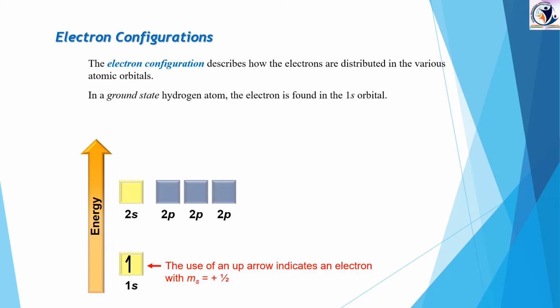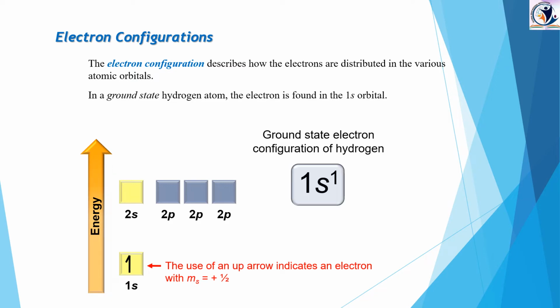Maybe till now you are thinking, ma'am, we are discussing principal quantum number, angular quantum number, and even the magnetic quantum number also, but we are not discussing the spin quantum number. So whenever we are placing the electrons in this way, we can understand whether it is having the plus spin or the minus spin. Okay, it is at the ground state, children. It is the ground state electronic configuration of hydrogen. So what does it mean? Ground state, in the sense, is the original state of the hydrogen without having a lot of energy from the outside.